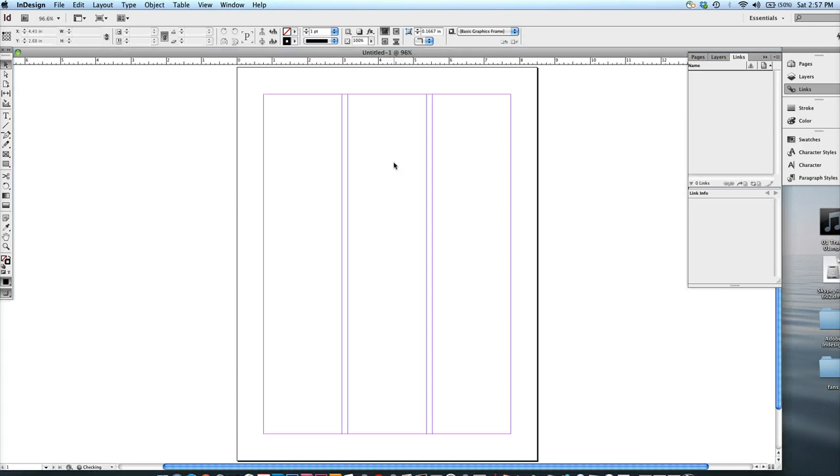Bleed and slug have to do with when you're printing a business card, flyer, whatever, and the color goes from edge to edge. You want to have some color go over the edge of your actual size that you're going to cut down. Otherwise, you'll end up with a little white line sometimes when the